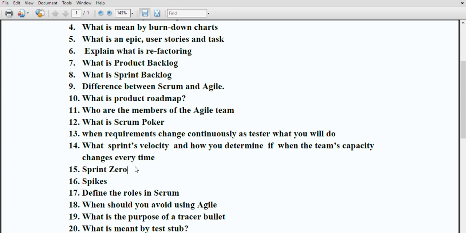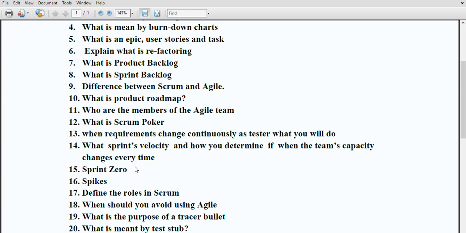If the team is unable to agree on the estimate, it may realize the need for a spike. So in short, you can always keep in mind that the spike is a type of story which can be used for the research, development, and design or prototyping of your project. So this is the sprint zero and the spike concept.